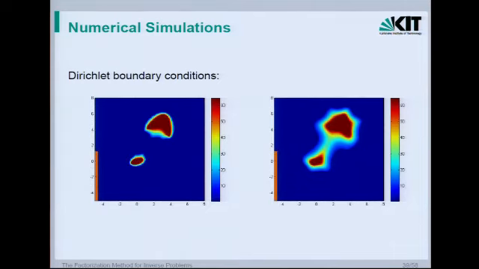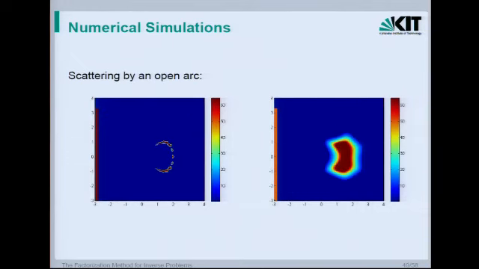These are again Dirichlet boundary conditions here. I guess I have put 5% noise there. I'm not quite sure there. But here you see them very clearly. Here, yeah, okay, you can evaluate that yourself. This is scattering by an open arc. I didn't have to know whether that was an obstacle or an open arc. No? The far-field pattern is just a matrix in the finite dimensional case, for each wave number, and here I did the